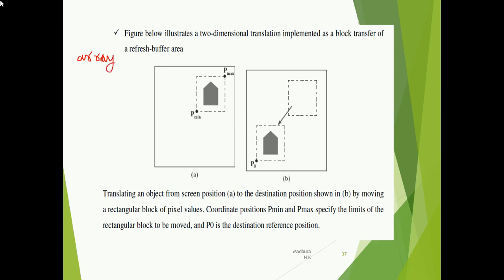Okay, so now suppose you want to do any manipulation for the object, then you have to actually manipulate the pixel values, is it? Pixel values only. That is being stored in the frame buffer. So an array of pixel values are being manipulated in the frame buffer.